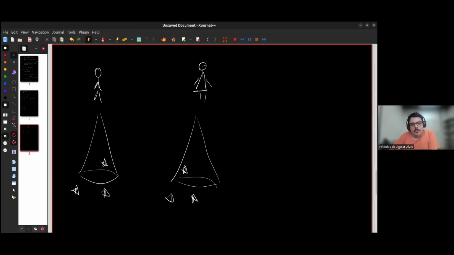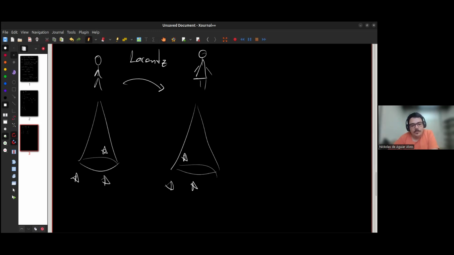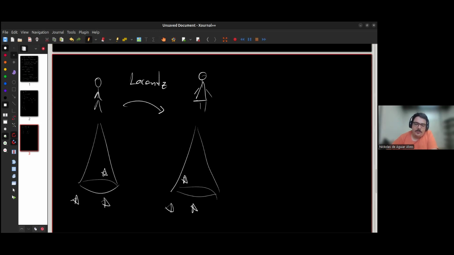Since there are 2 observers, I'm going to assume for simplicity that they are right now related by some Lorentz transformation. So maybe they are rotated relative to each other. One of them is looking towards the north, while the other one is looking towards the east, or something like that. Or maybe they are boosted relative to each other. They are related by a Lorentz transformation. And I may then ask, how do the positions of the stars that each of them see relate to each other? Now, if this Lorentz transformation is a rotation,